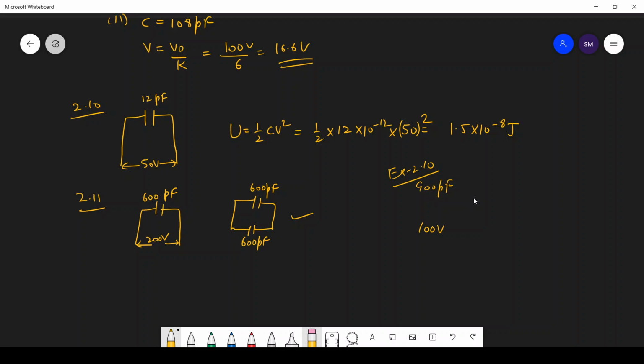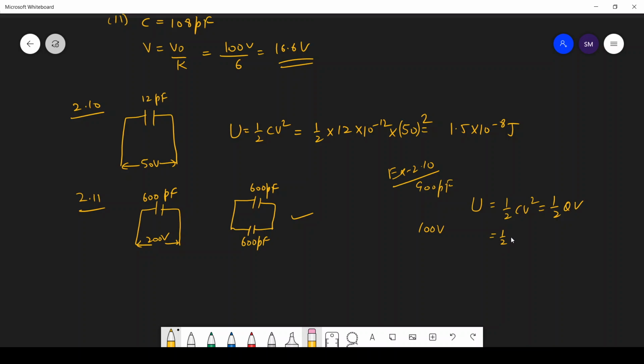And how much is the electrostatic energy stored? So we calculated the energy stored. We have the capacitance and we have the voltage. So the formula is half CV square. We have another formula also, half QV. So we can use half CV square, and that comes out to be